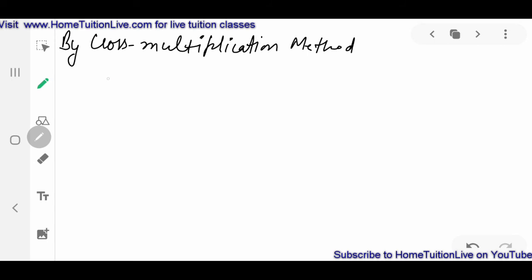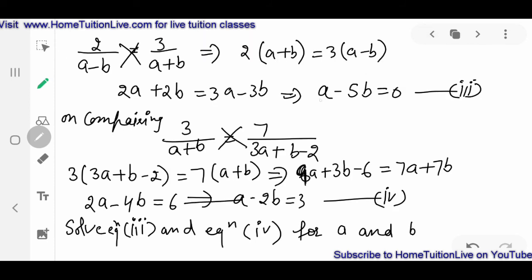Okay, now a, b, 1 equals minus 1. This is 1, minus 5, 0. This is 1, minus 2, 3. So we will write here